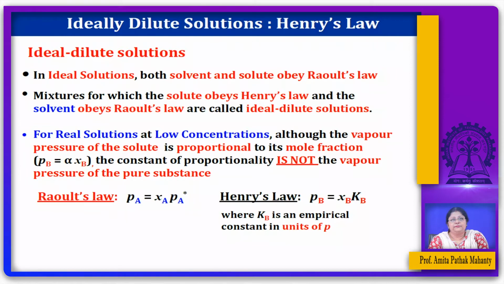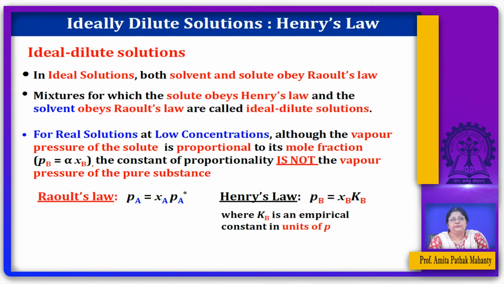And we had said that Raoult's law is valid for liquids which are structurally similar. If you have a mixture of them, one being small and the other being in large excess, then the partial pressure of the component A, which is the solvent, will be proportional to the